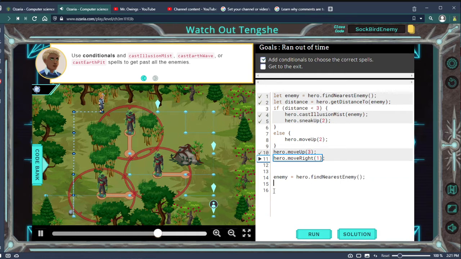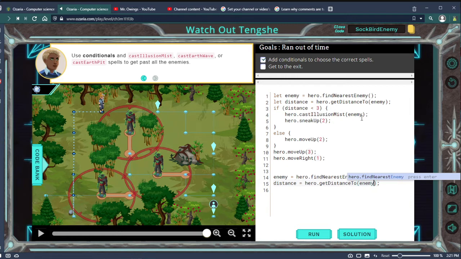Perfect. Okay. So distance will be hero dot distance to enemy. And if you recall, the reason we're not writing let or var at the beginning is because we're not making new variables. We're just changing what they're targeting. Bingo. Woo! Okay. So if distance is less than 3,